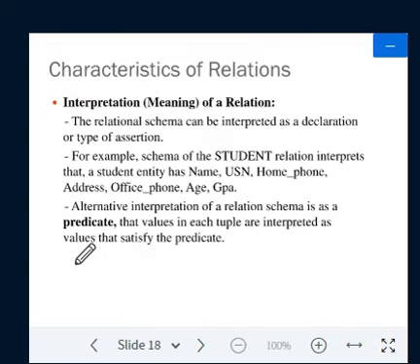The last characteristic of a relation is the interpretation or meaning of a relation. Whenever I want to create a table or a relation, I cannot just create it arbitrarily.